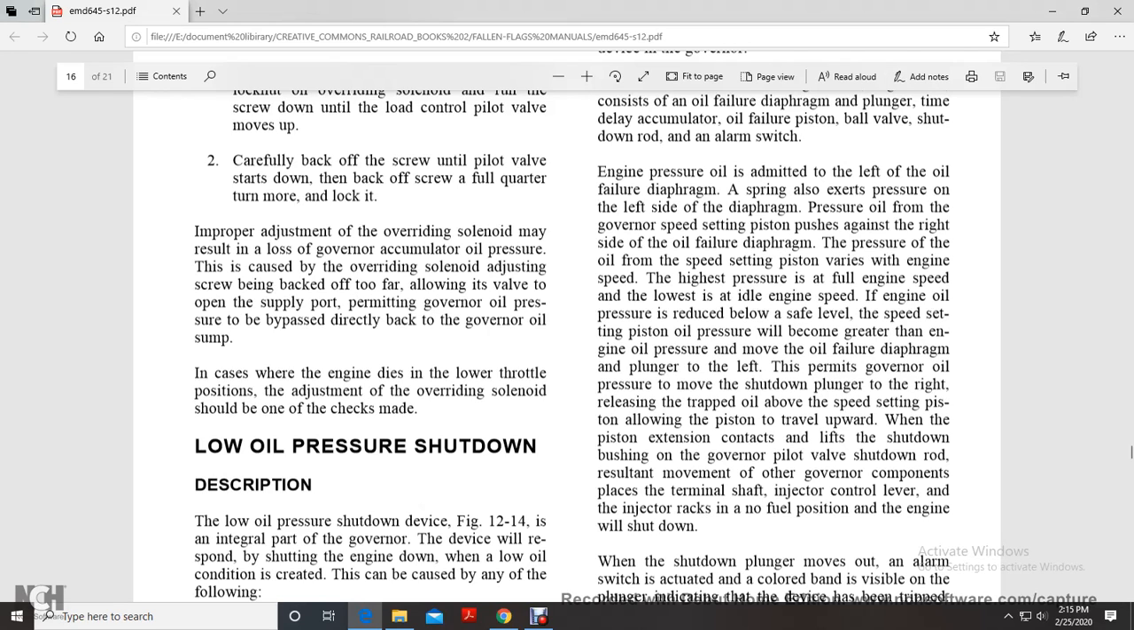The higher pressure is for full engine speed and the lowest is for idle engine speed. If the engine oil pressure is below the safe level, the speed setting piston oil pressure will become greater than the engine oil pressure and move the oil failure diaphragm plunger to the left. This permits the governor oil pressure to move the shutdown plunger to the right, releasing the trapped oil above the